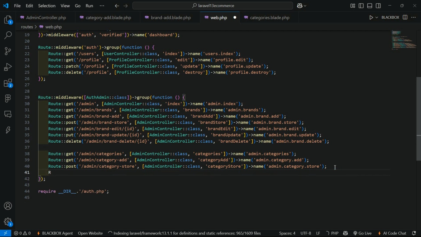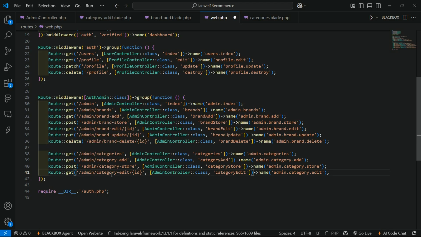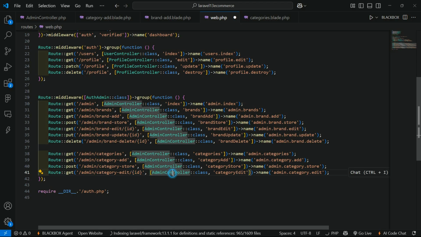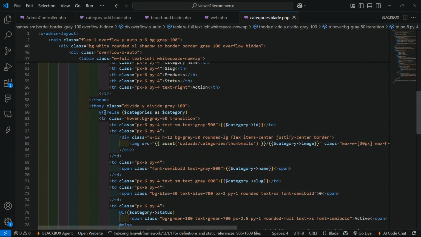So right here, Route, the method name, which is get, the URI, which is admin/category-edit, and pass the route parameter, which is ID, and the controller name AdminController, method name categoryEdit, and the route name, which is admin.category.edit. Copy this route name and go to the categories view file, and here inside the table body, inside this